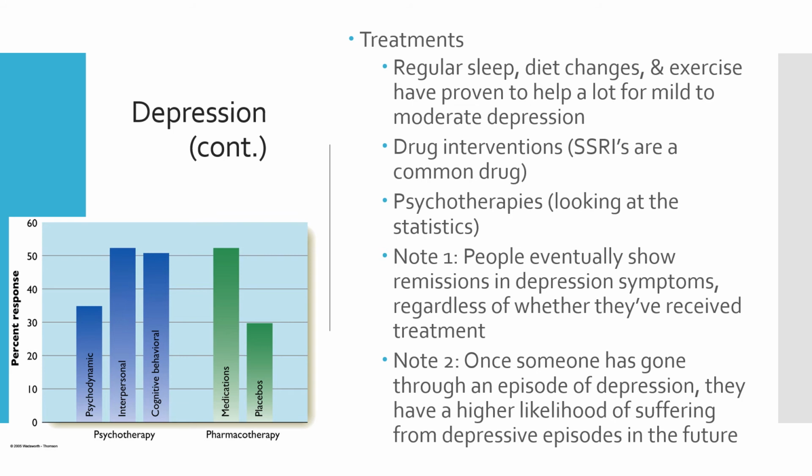Diet changes have also proven to be a very effective tool against mild depression, where having somebody find a way to balance out their diet and get proper nutrients in their bodies can sometimes be sufficient to help individuals with numerous symptoms of depression. When you pair these things with exercise, getting out, getting the heart beating, regulating the system a little bit better, you can see a triad of things that can be used to help individuals, especially those with milder depression, overcome their problems without even needing to necessarily seek therapy or take some type of